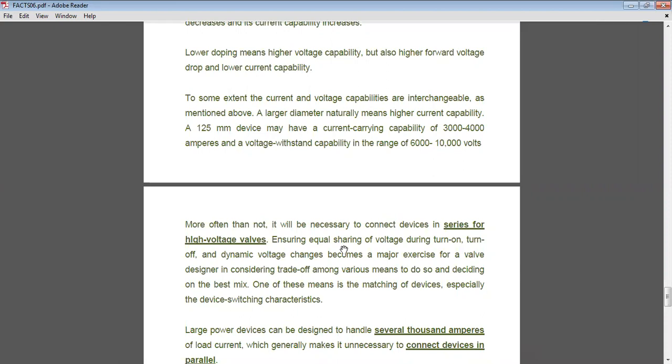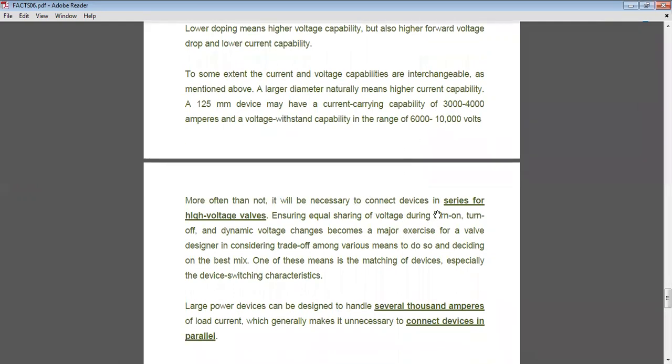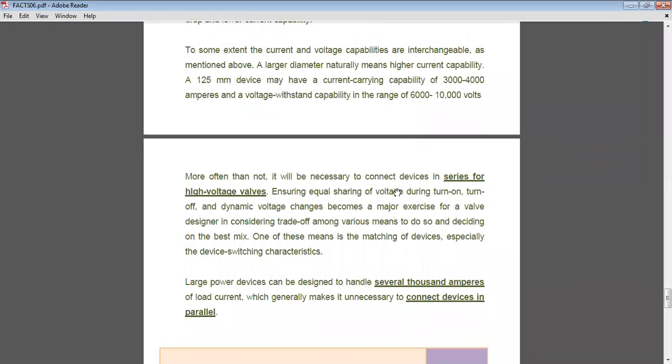Once you make higher rating thyristors, you also have to provide protection equipment, not only the construction, that is 125 mm, or if we go with a higher diameter, then you can increase the current handling capacity and also the voltage handling capacity. Further, you can increase the voltage and current by series connection and shunt connection, that is parallel connected thyristors, which give a large rating of several thousands of amperes.